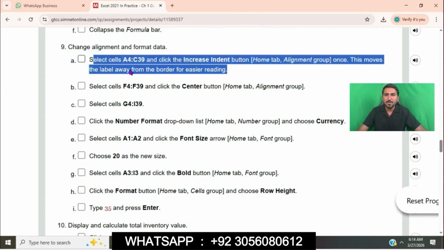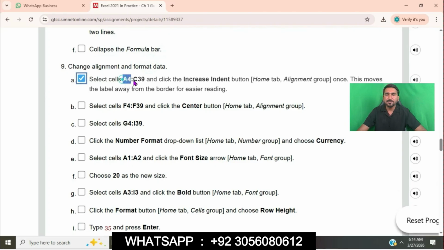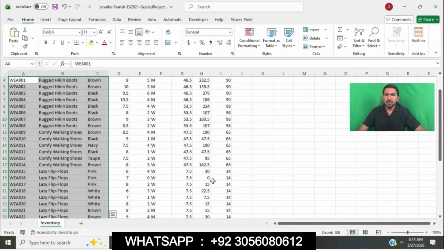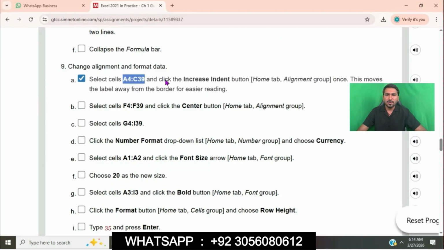Changing alignment and formatting data is question number 9. Select cell A4 to C39 and click the Increase Indent button once. This moves the labels away from the border for easier reading.